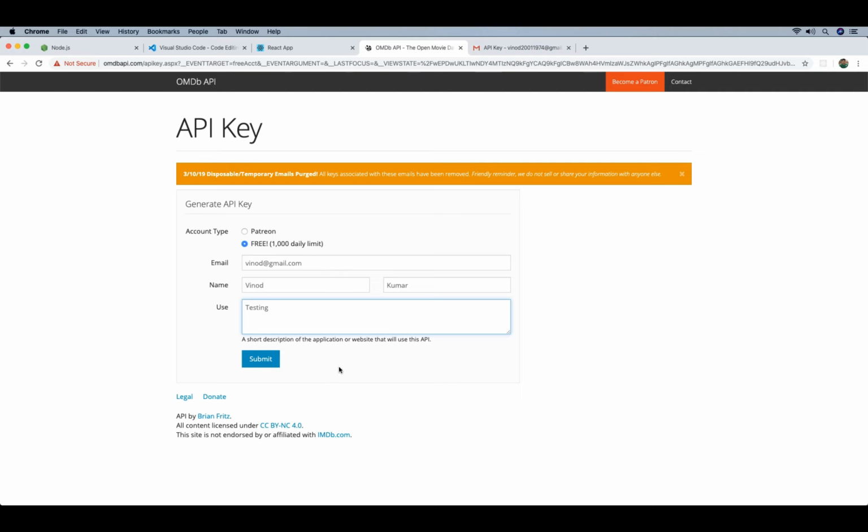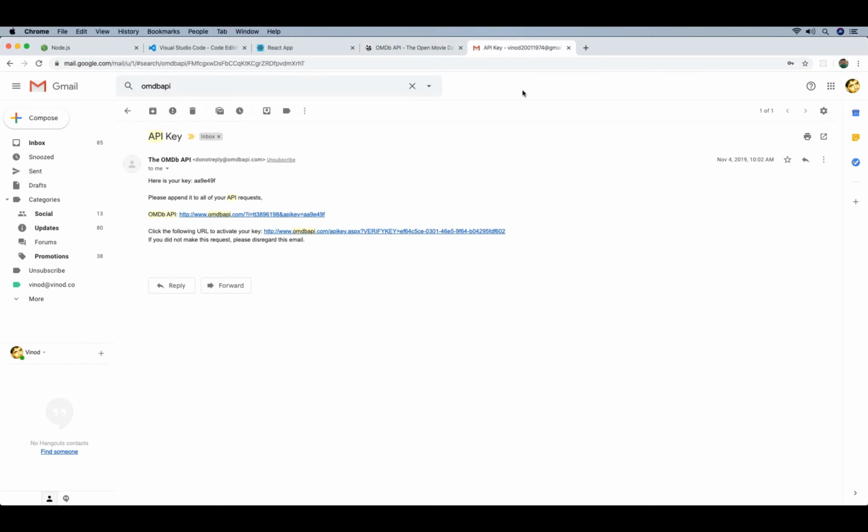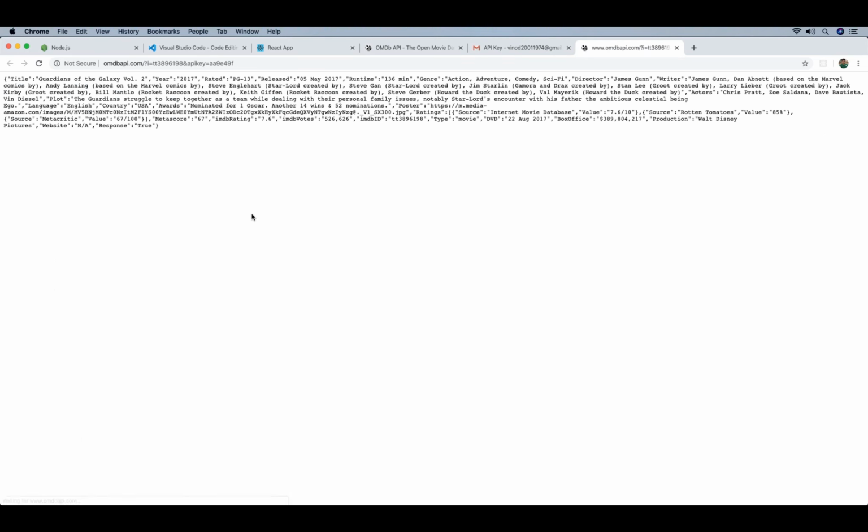Since I've already got my API key, this is how the email would come up and show you. So here is your API key. This is the AA9E49F. That's the ID or the API key. And then they have given here some examples saying, this is how you can send a request. OMDBAPI.com I equals, this is supposed to be the IMDb ID of the movie, and this is my API key. So I can just click on this to open that in a new tab,